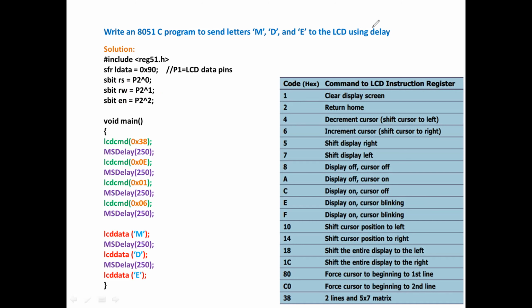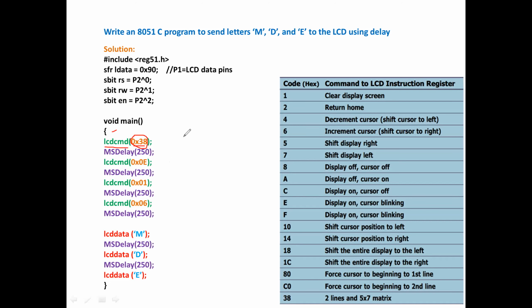Now I'll open the main program. First, I use a command function, LCD command. Within the brackets, I use some value. In the Excel form, I have used 38. So what is this 38? First and foremost in a program, you have to send commands to the LCD.